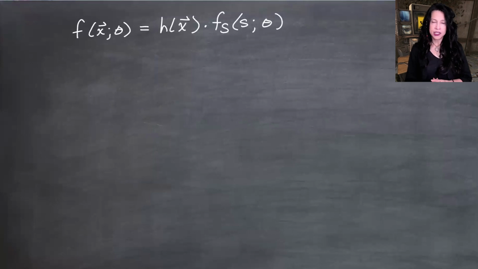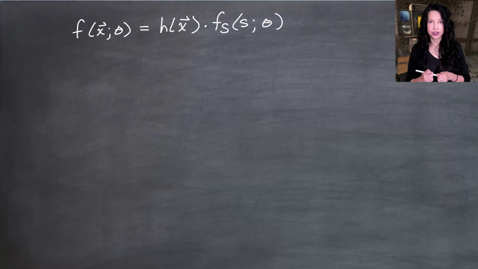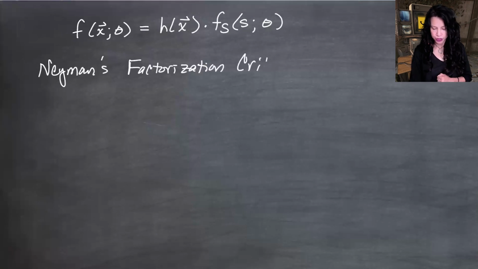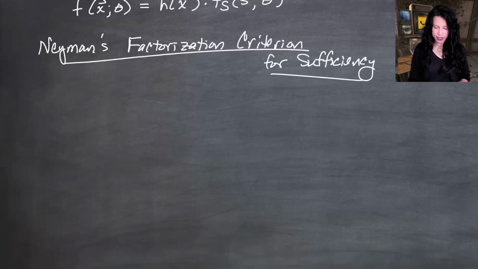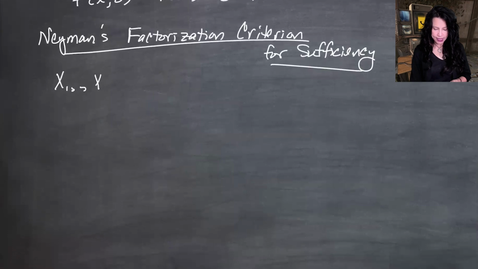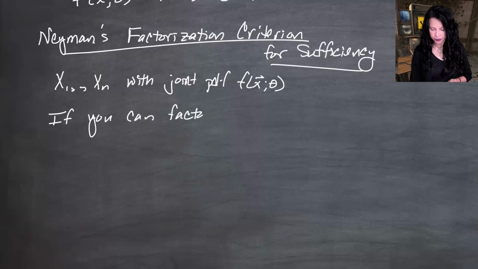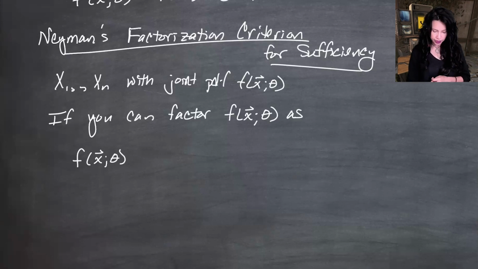Fortunately, there is an easier criterion for establishing whether or not something is sufficient, and it's known as Neyman's factorization criterion for sufficiency. So what Neyman's factorization criterion says is if you have x1 through xn with a joint PDF f of x and theta, and you can factor the joint PDF as follows: I want to be able to factor it into a pure x part, which may not even depend on x. Point is, it doesn't depend on theta. So this h of x might be a constant times